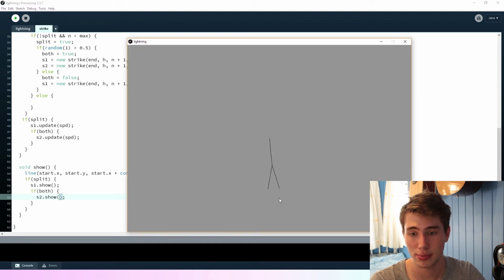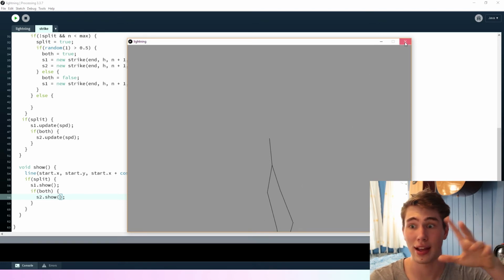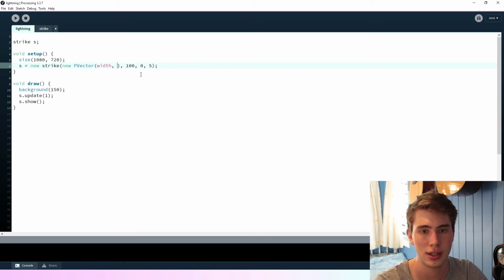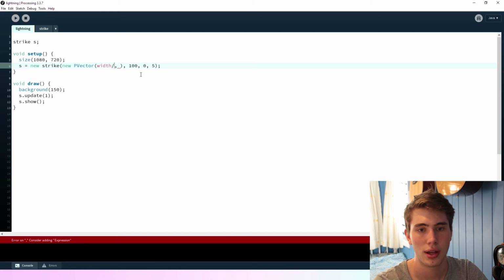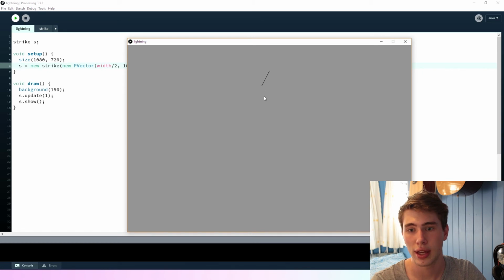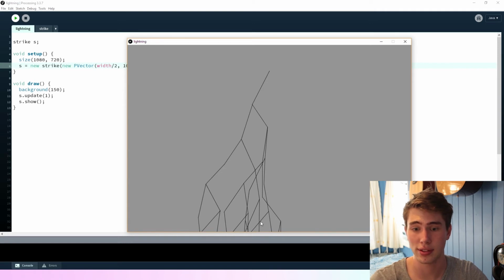Yep, we get a split, and they only got one split each. So we can see that it's splitting and it's working. I might just move this up to the top of the screen. Actually, I'll keep the width on 2, and then say like 100. Okay, so now we get a 2-way split. That one got 2 as well. Whoa. Okay, so you can see that it's kind of resembling a lightning strike now, but this is just going to keep going and it's not going to die out because